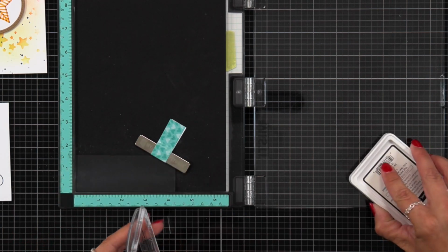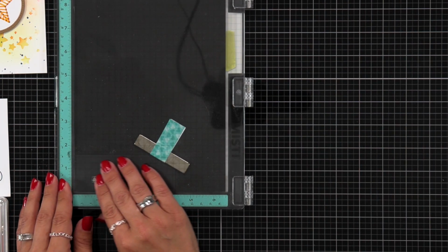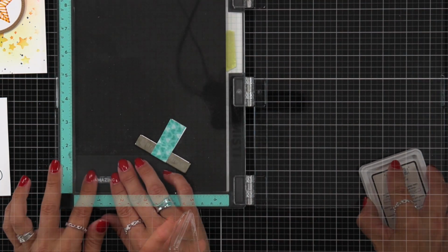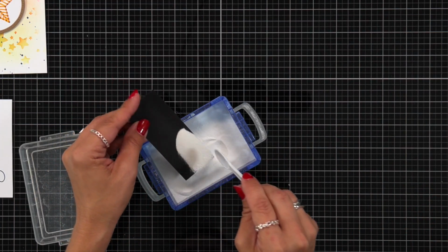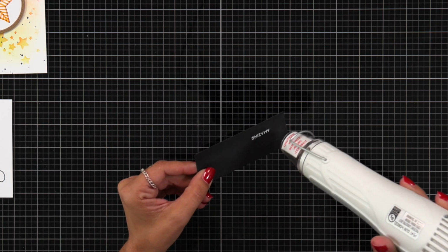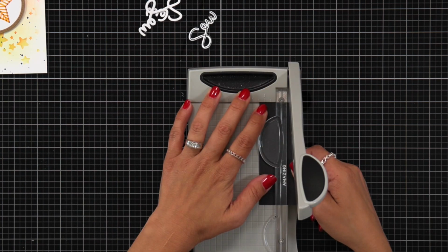But for this one, I am going to heat emboss it. So I have a black cardstock there that I prepped with an anti-static powder tool. I'm inking up the word amazing in the Yeti pigment ink. And then I will sprinkle on my white embossing powder, tapping off any excess. And then I can melt that embossing powder with my heat tool. Now that everything is stamped and heat embossed, I can use that coordinating die to die cut out the word